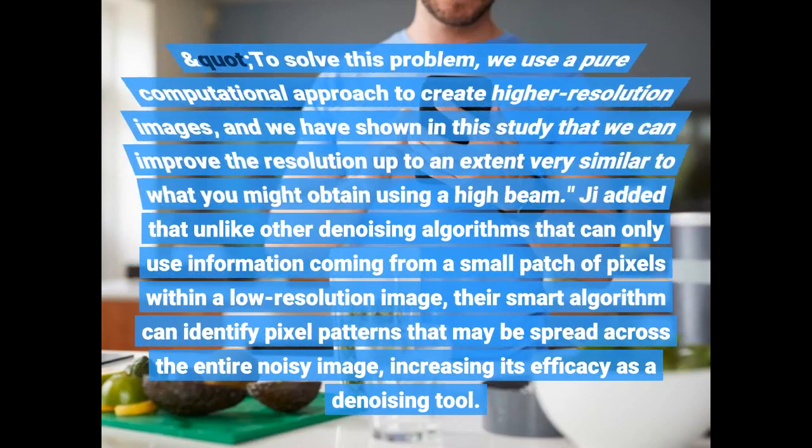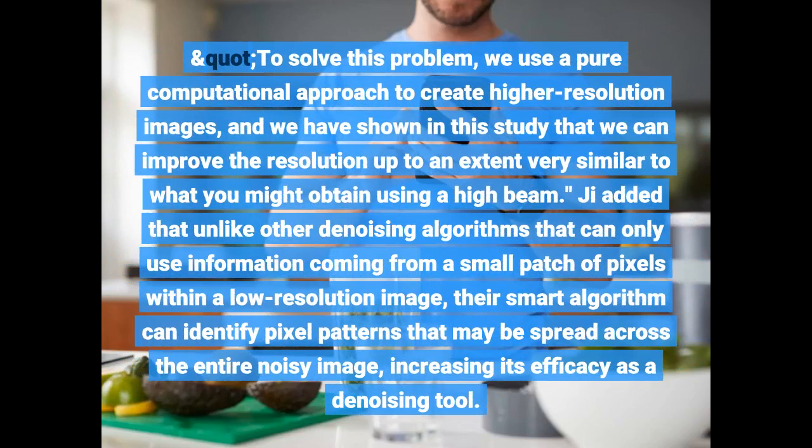"To solve this problem, we use a pure computational approach to create higher resolution images, and we have shown in this study that we can improve the resolution up to an extent very similar to what you might obtain using a high beam." Ji added that unlike other denoising algorithms that can only